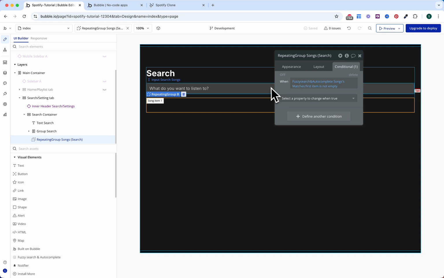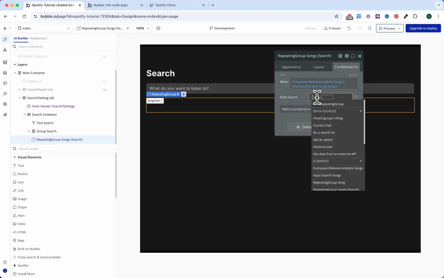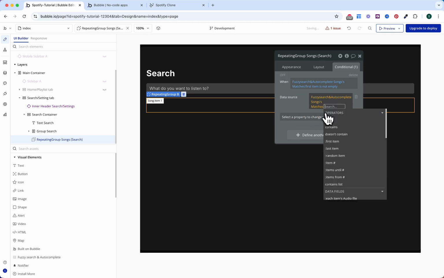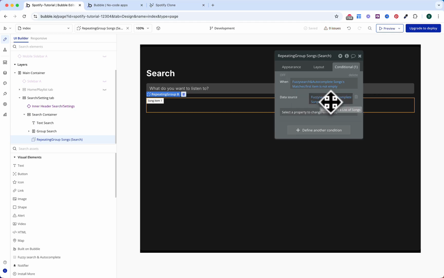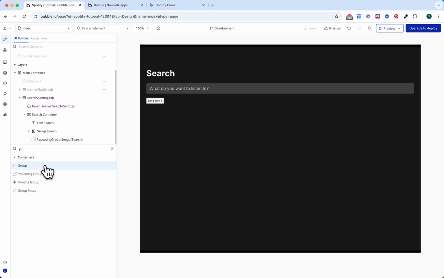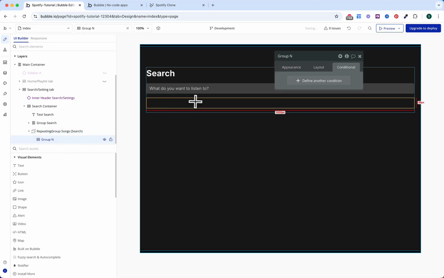That means that after we search something with the input, the fuzzy search actually found some songs that match the search term. I'll want to set the data source to the fuzzy search matches. So it gives us the list of songs that it found. Now we'll just need to create the group inside the cell. So I'll put a group here. I will call it group song